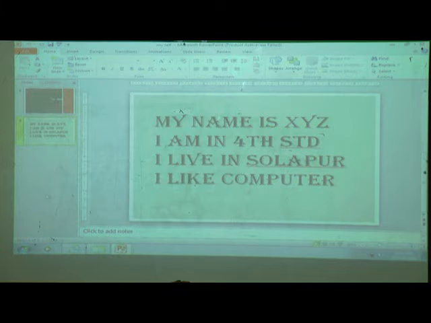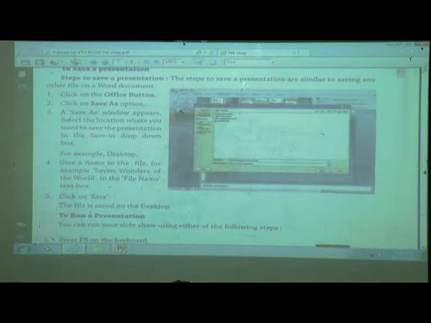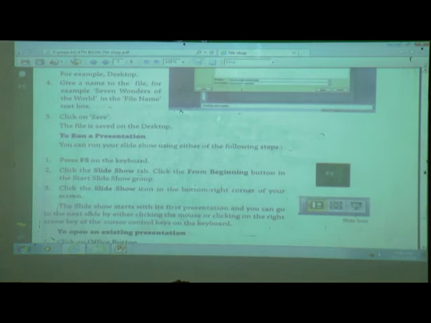Now, the next step is to run a presentation. How to run the presentation? You can run your slideshow using either of the following steps.